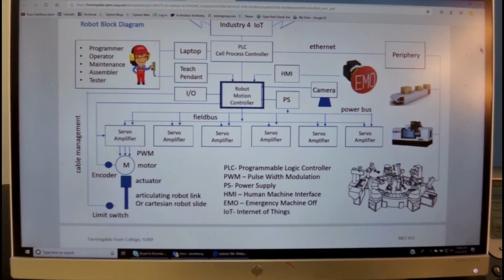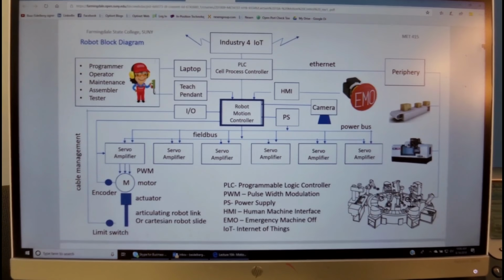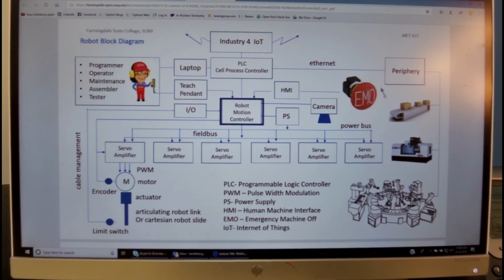The basic scheme that shows the position of the motion controller within the environment of the automation system is given to us here. We saw it earlier in the course.